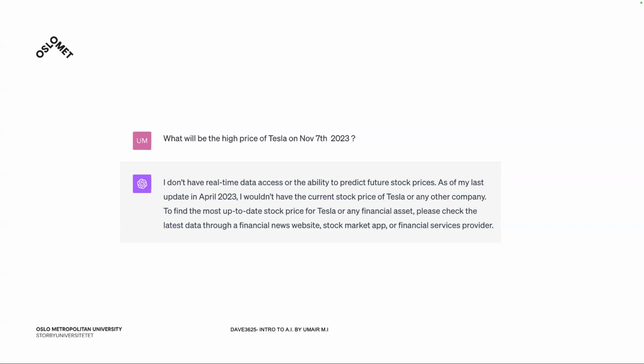You always have an open, high, low, and close for every stock price. All those models have been trained on public data, and public data always contains information about financial history, so it does have information about that. But when I asked it what the price movement of Tesla stock would be on November 7th, it told me it doesn't have that data.